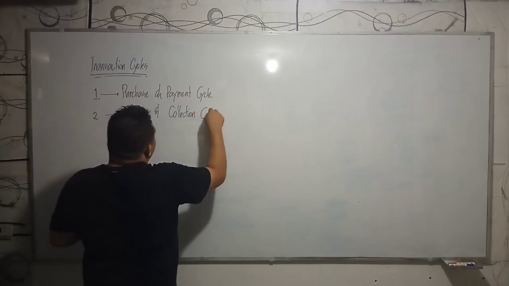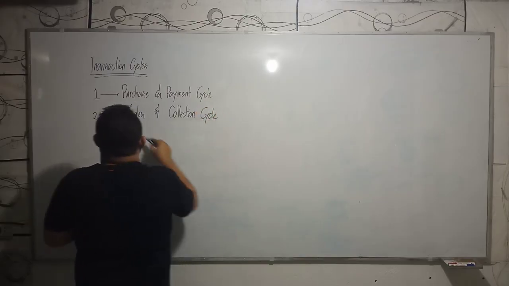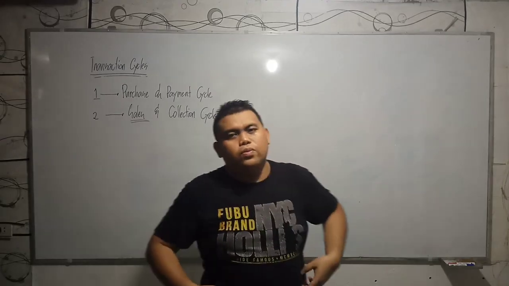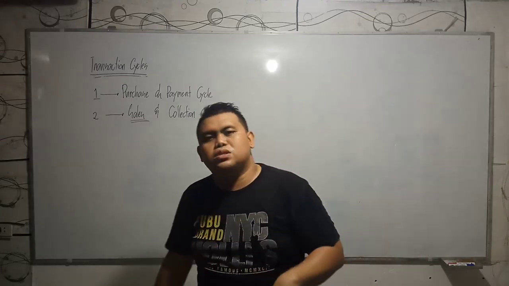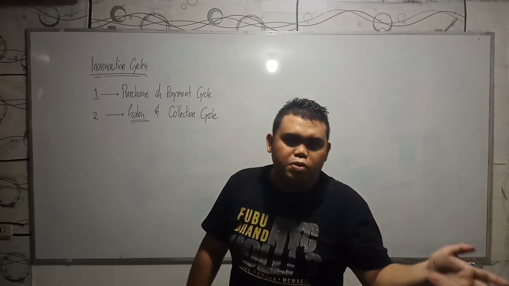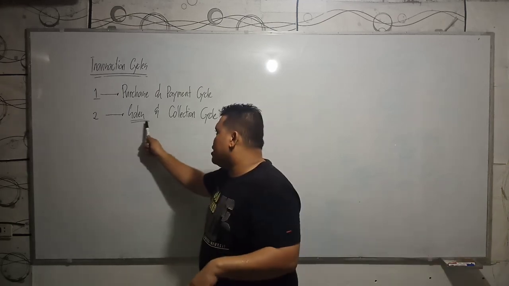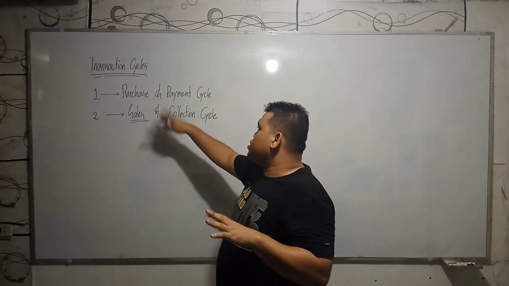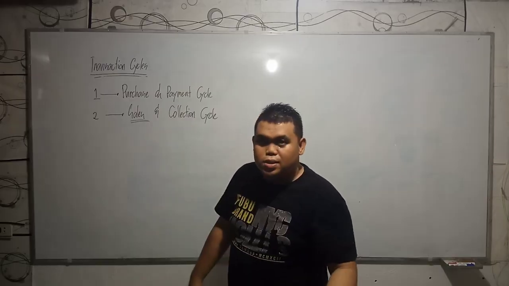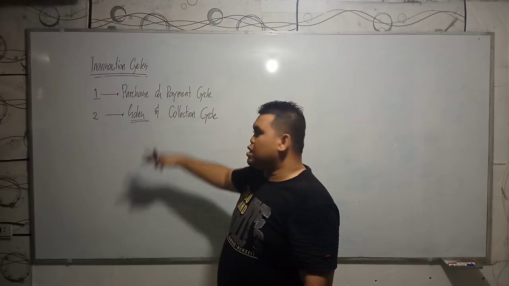Of course, there is a process on selling. So we're talking about not just selling of goods, but also selling of services or commodities or other, like for example, utilities. So this is general in nature. Those are the two things that are usually occurring in organizations. Okay? So that's our topic for today.